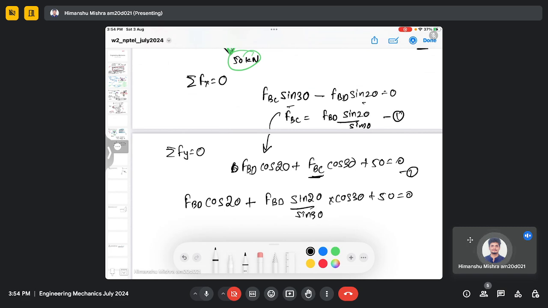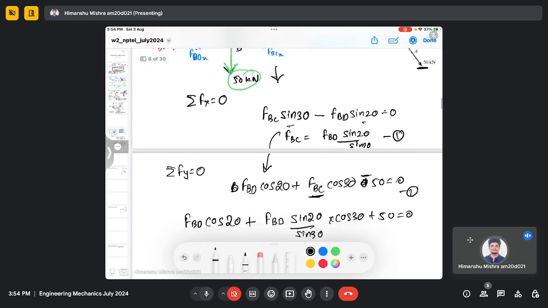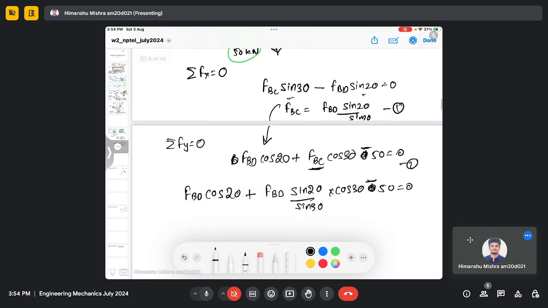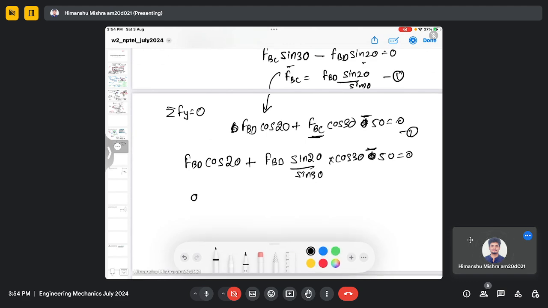Sorry, this will be minus because 50 is in the downward direction and I am considering the downward direction as minus, so this will be minus. So now you can see the equation written in terms of FBD only. So it will be 0.939 FBD